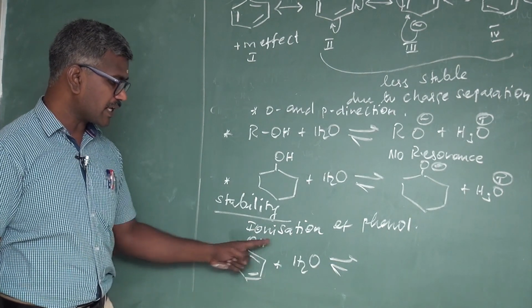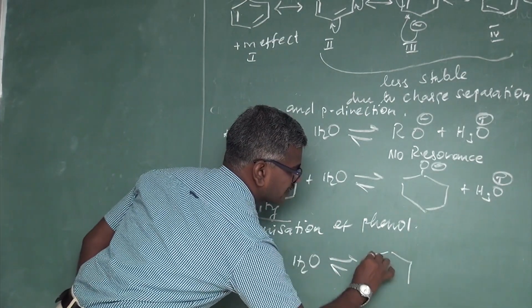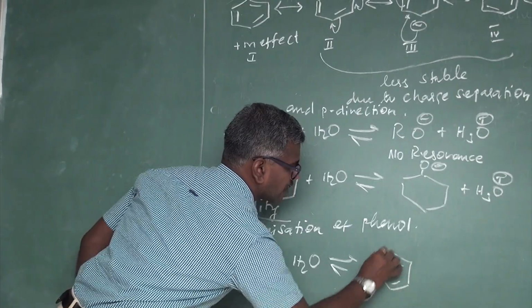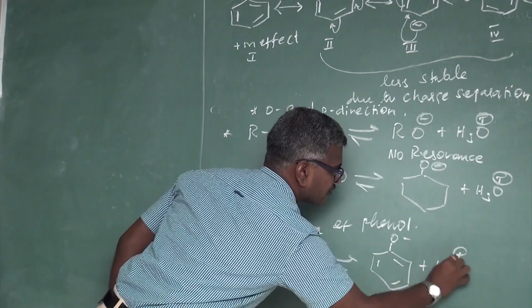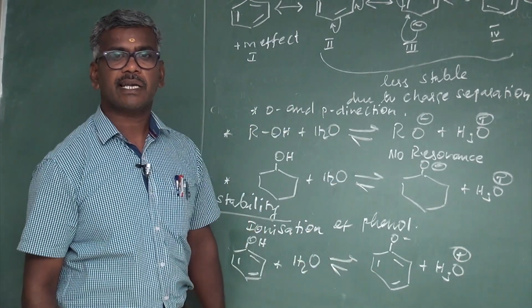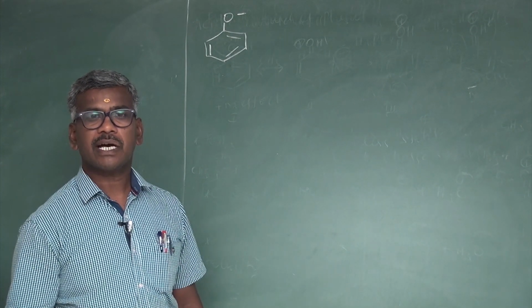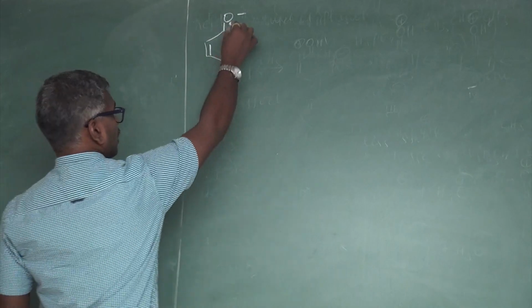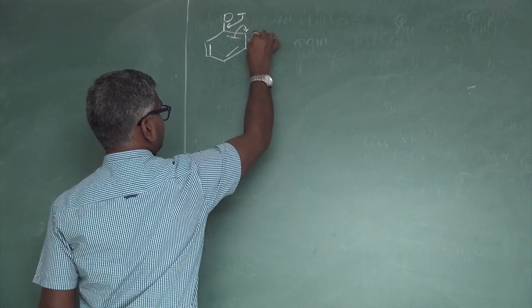This hydrogen can be replaced, by the lone pair, to form phenoxide and H plus. This phenoxide is stabilized by resonance. Because phenoxide ion is of a more acidic nature, this negative charge is shifted here, this bond is shifted here